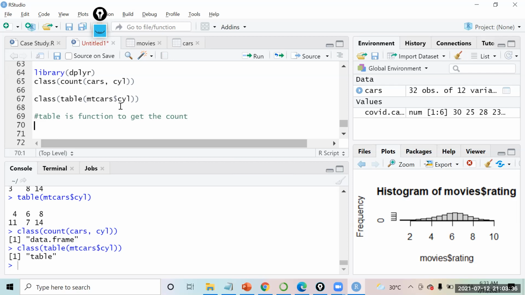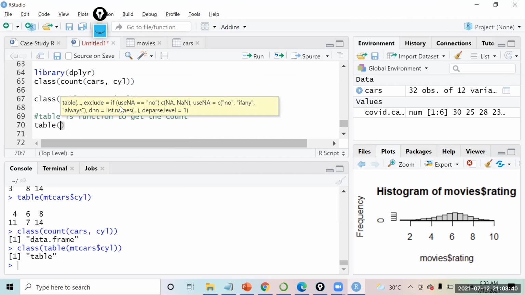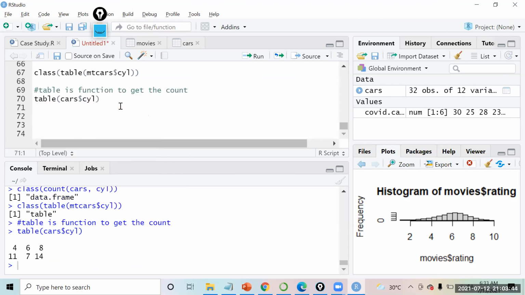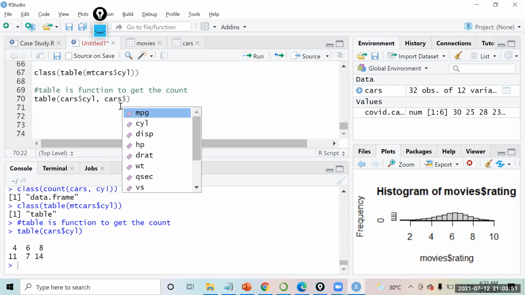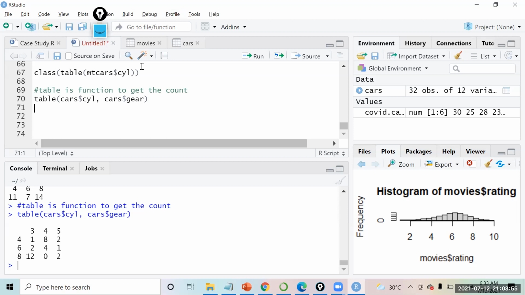In the table function, when you give one single variable, like table(cars$cylinder), it gives you the count of that. And if you want to give two variables, you can do that also. Suppose I say cars$gear, so it creates a two-dimensional matrix now.